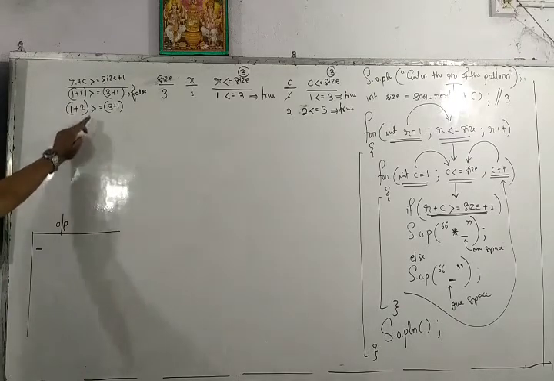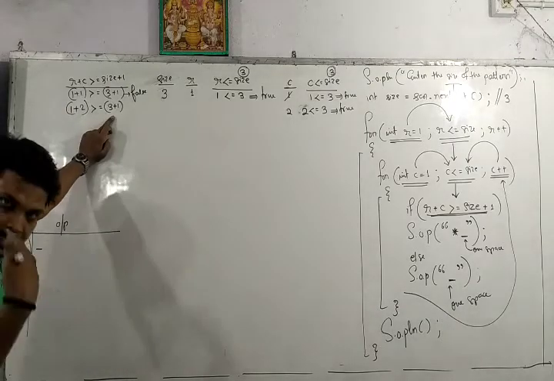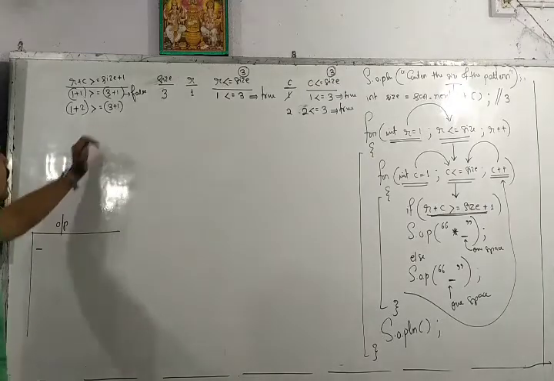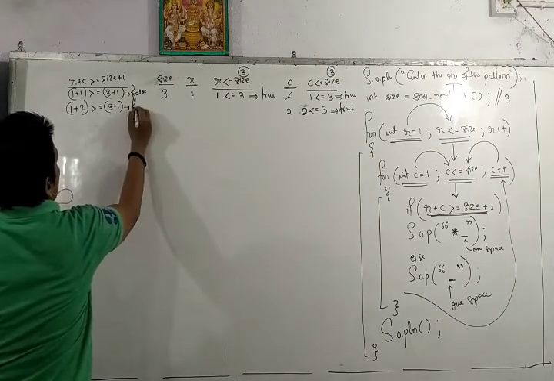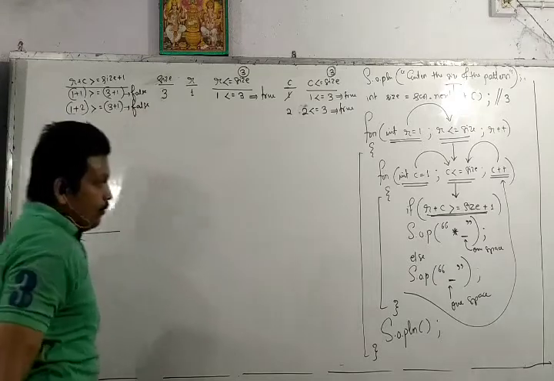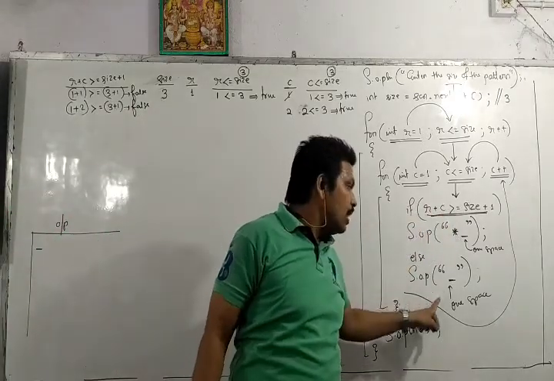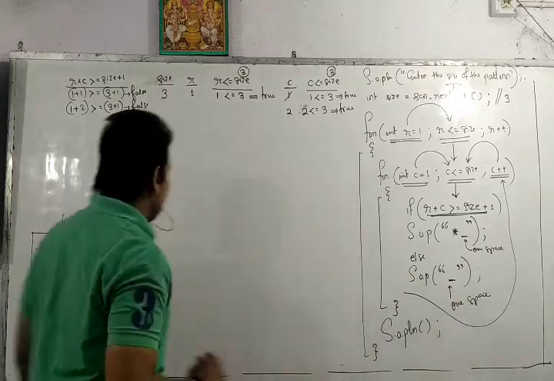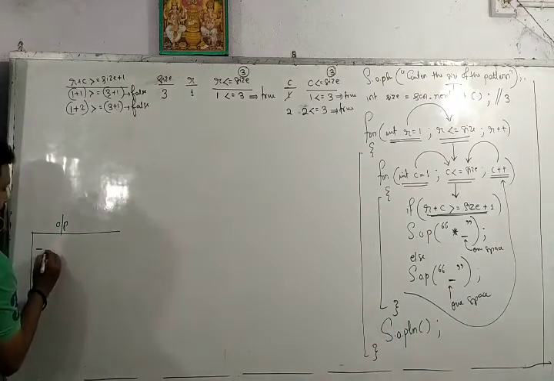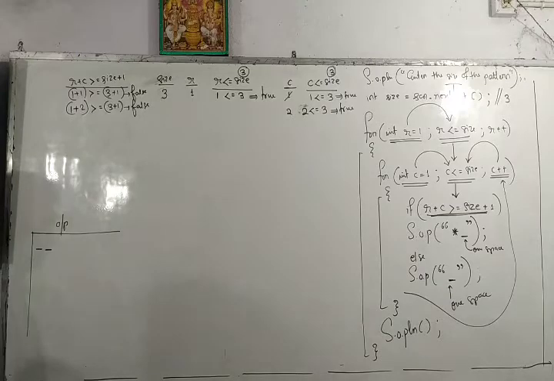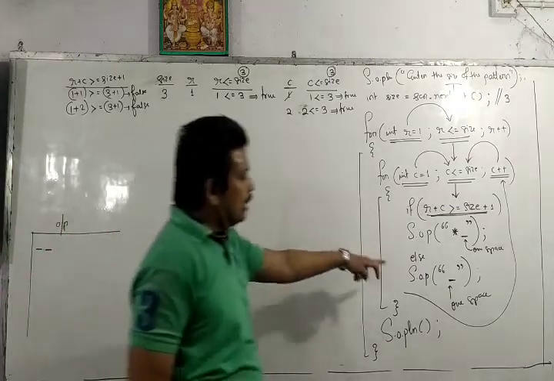So 3 is greater than or equal to 4. Is 3 greater than 4? No. Equal to 4? No. So again it is false. If this condition is false, the control will go to the else part and print one space. Clear? Then the control will go to